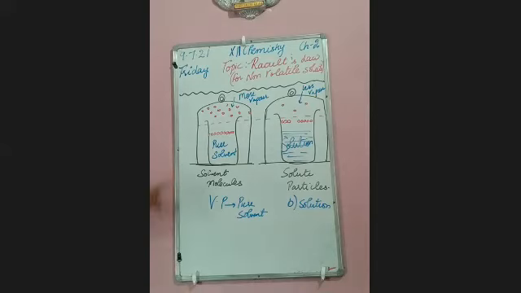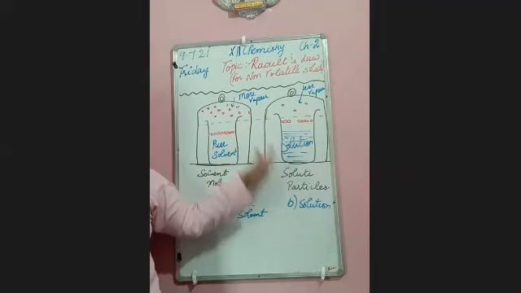See, I have shown two beakers which are covered with bell jars. This is your pure solvent and this is your solution. It is observed that the presence of a non-volatile solute in a solution reduces the escaping tendency of the solvent molecules into the vapor phase. Because some of these solute particles occupy the position of the solvent molecules on the liquid surface. So the vapor pressure of pure solvent will decrease.